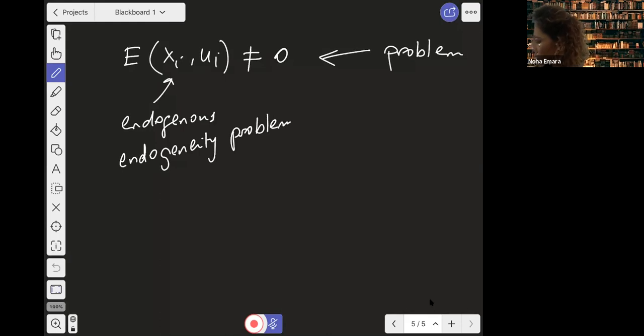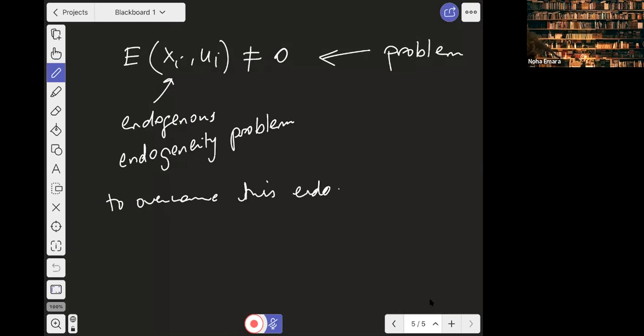The endogeneity problem is the connection between x and the error term coming from any of the problems like simultaneous causality, wrong functional form, omitting an important variable, and so on. So we have to think about ways to overcome this endogeneity problem,